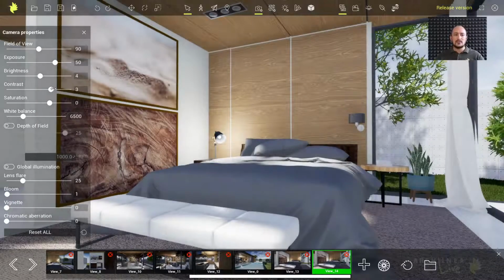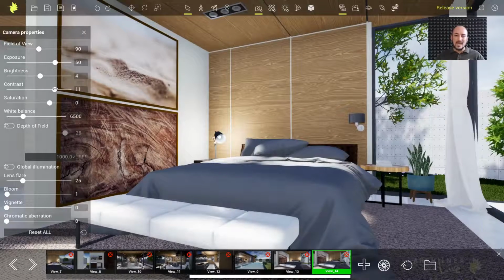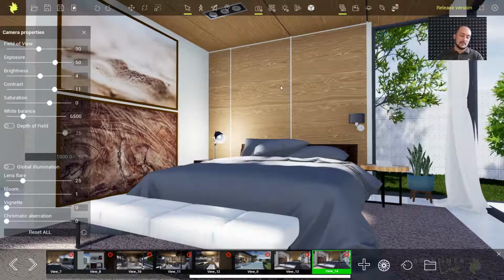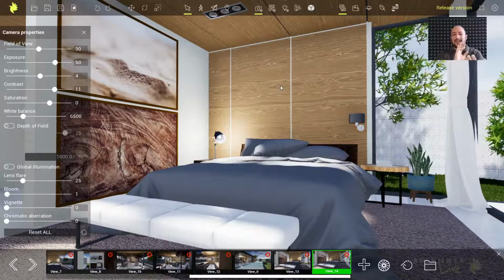We actually would like to increase contrast to get back some of the depth of the image, that kind of contact between the surfaces. Yeah, I'm working a little bit long now, so I will save that. Yes, I will just skip that for now. So it helps bring in a little bit more of the depth that we lost by changing the brightness. So keep that in mind. If you change the brightness, if you increase the brightness especially, you need to dial up the contrast also a